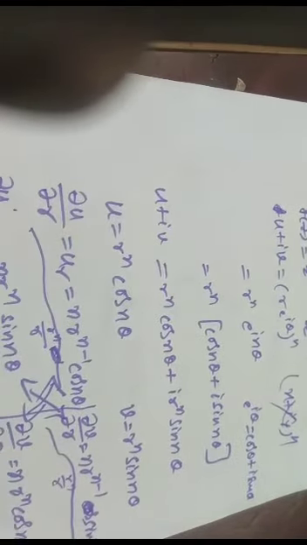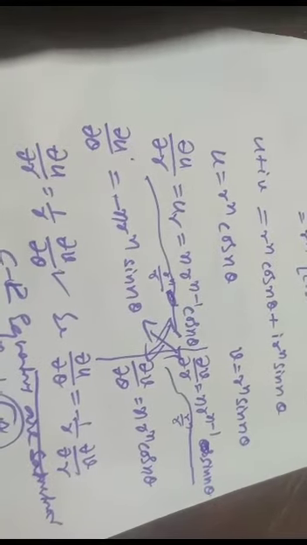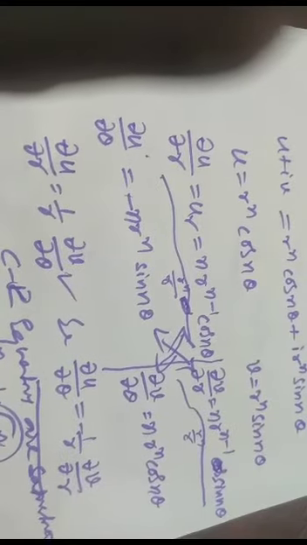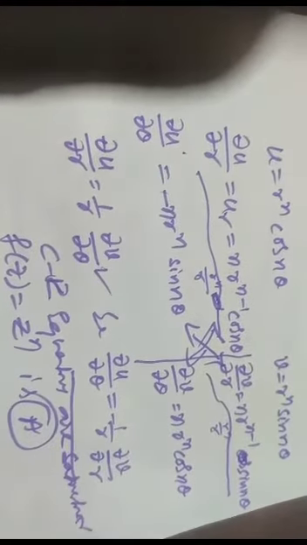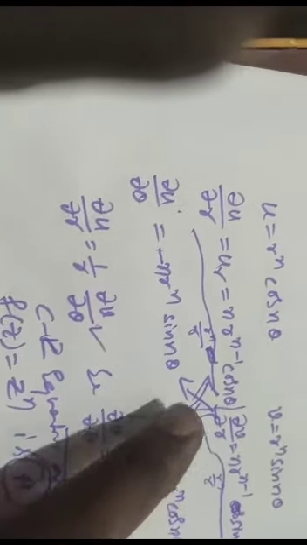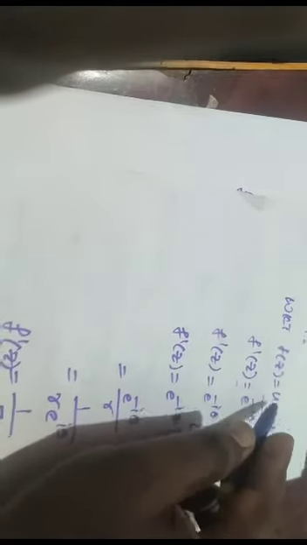This will give the real and imaginary parts separately. After that we have to find the partial derivatives carefully, and observe whether the Cauchy-Riemann equations are satisfied or not by checking the partial derivatives. So here the Cauchy-Riemann equations are satisfied in polar form, so the given function is analytic. After that we have to find the derivative for polar. For Cartesian we can easily write f dash of z equal to dou u by dou x plus i dou v by dou x. Here in polar form, we have to remember f dash of z is e power minus i theta into dou u by dou r plus i into dou v by dou r.